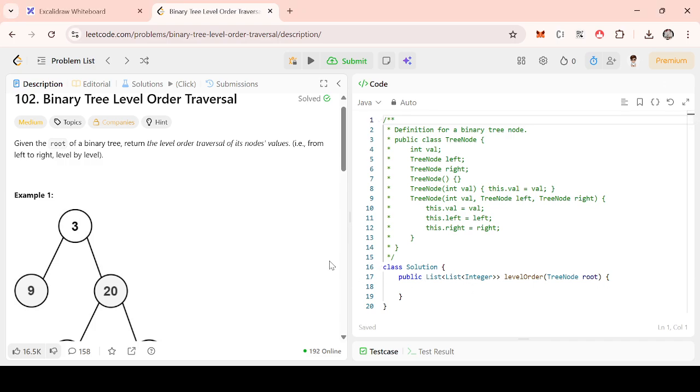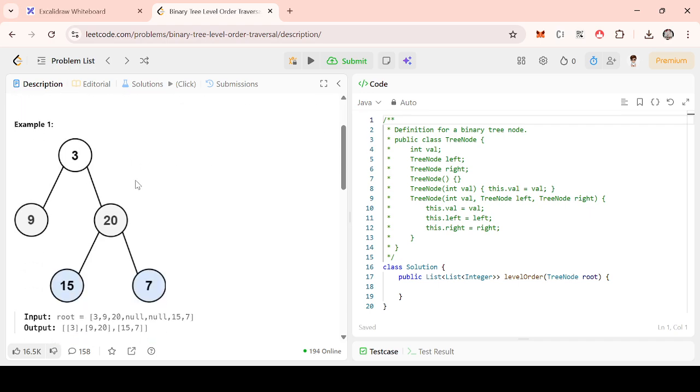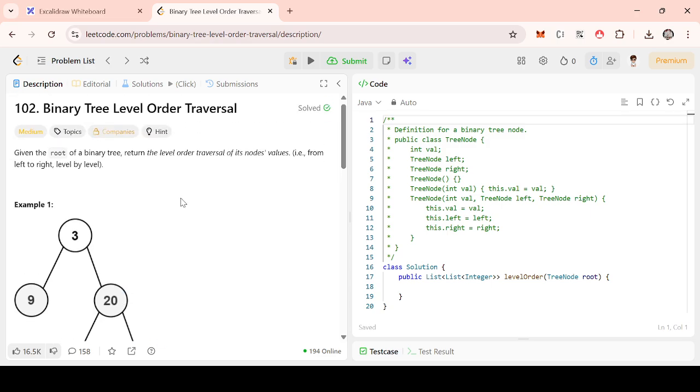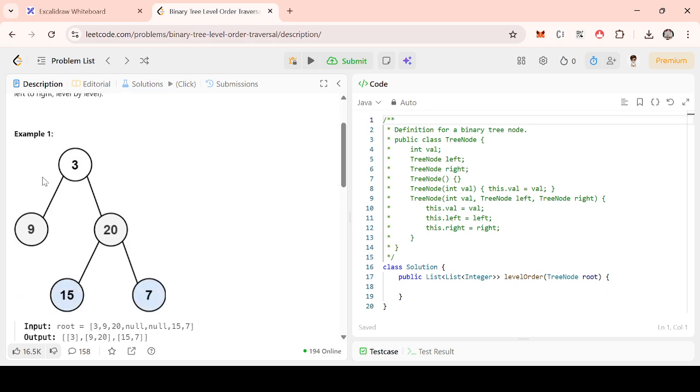So what does this question ask of us? Given the root of a binary tree, return the level order traversal of its nodes' values, that is, from left to right, level by level. What does this mean? As you can see, level by level means this is the first level, this is the second level, this is the third level, and going left to right means,